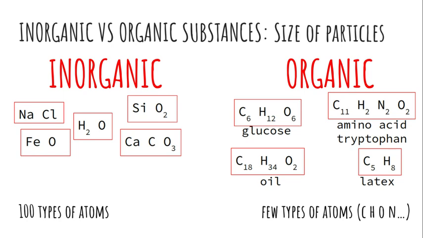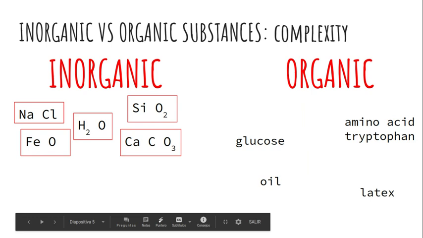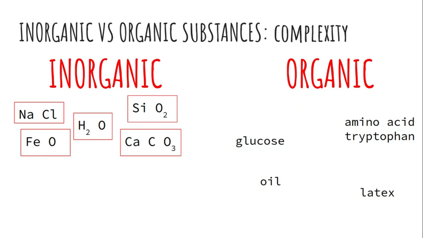But at the same time, not only are there few types of atoms, but there is an enormous number of atoms in each molecule. But this is part of the next picture. Because not only are there a lot of atoms, but the atoms are built up in a very complex way. The molecule of salt cannot be complex at all. It's just two atoms, one next to the other. The molecule of water cannot be so complex. It's three atoms, a bundle of atoms, all of them joined together. And the same with any of these examples.